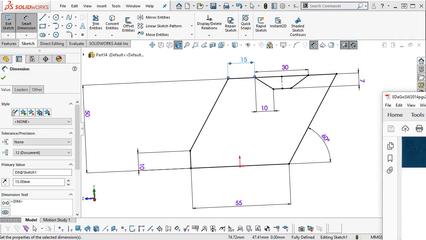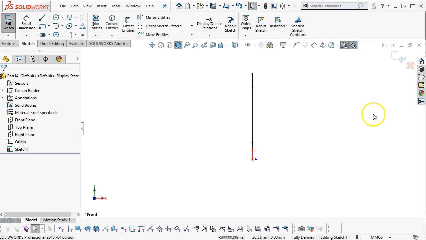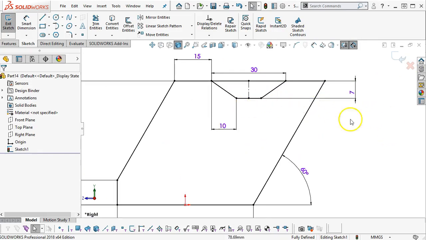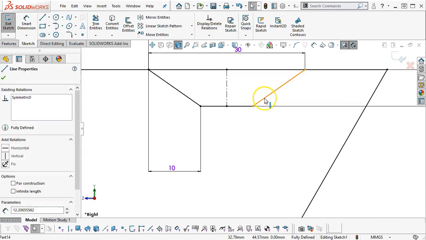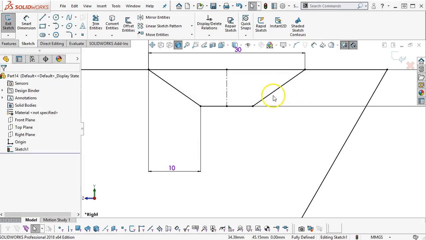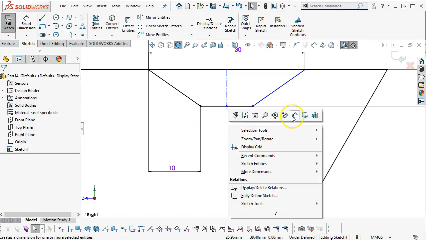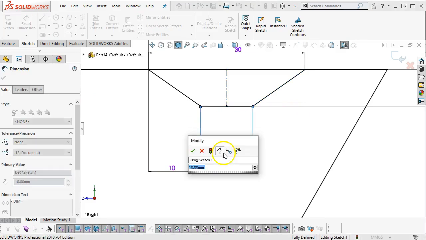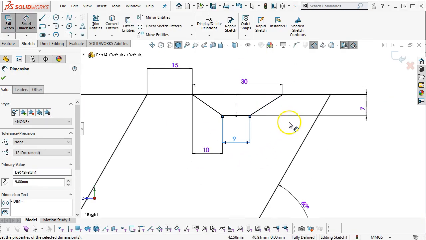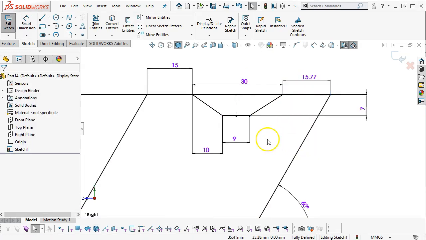Okay, so let's go back and make another correction. Oops, I was in the right view, so I need to get back over there. All right, so here's my symmetry. And I think I got the line, so let's just make sure symmetric. 0, come down and give it a dimension of 9. All right, that shifts it over, and then if we want to double check our numbers, it gives us the